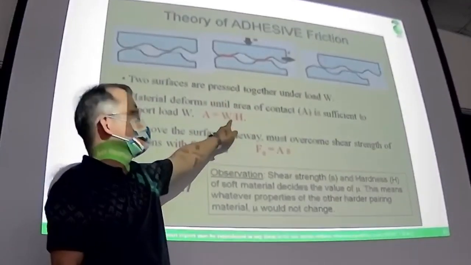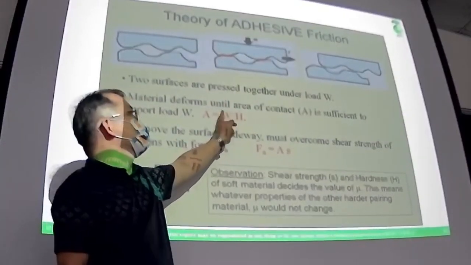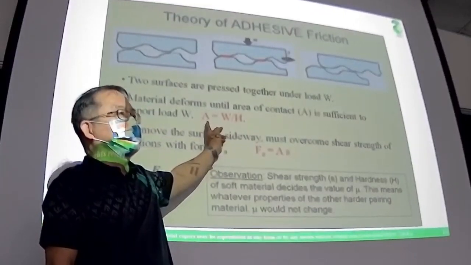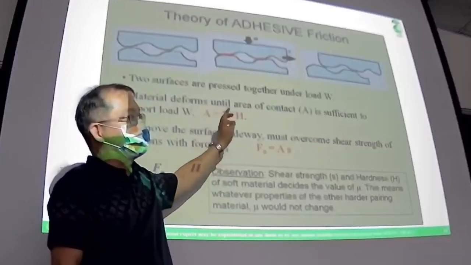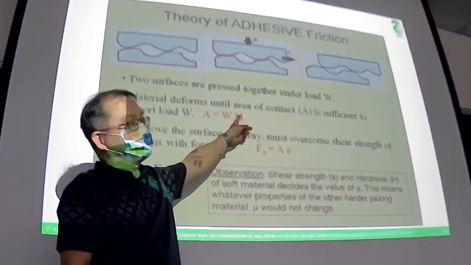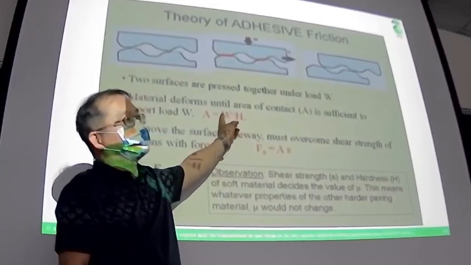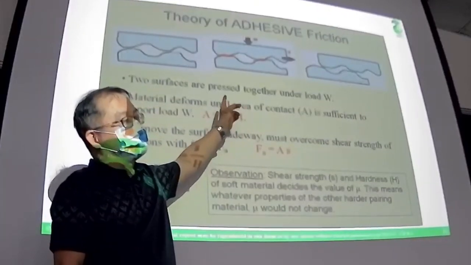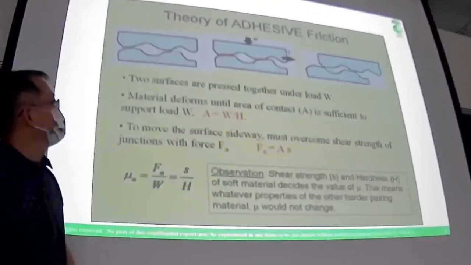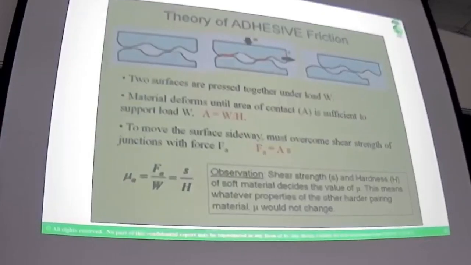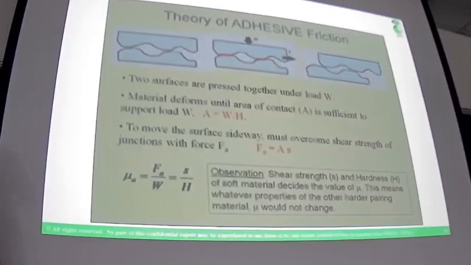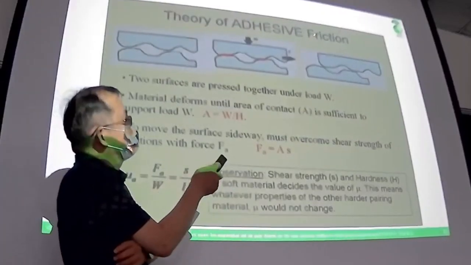So it's the soft material beside the contacting area. The size of the contacting area is determined by the hardness of the softer material: it is the vertical load divided by the hardness of the softer material. To move the surface sideways, so you have a relative motion,